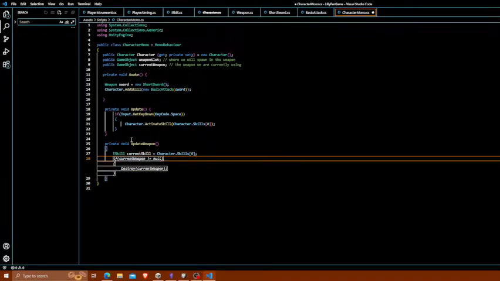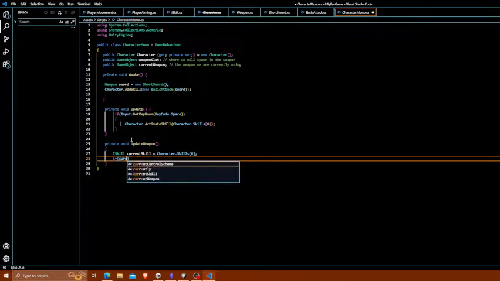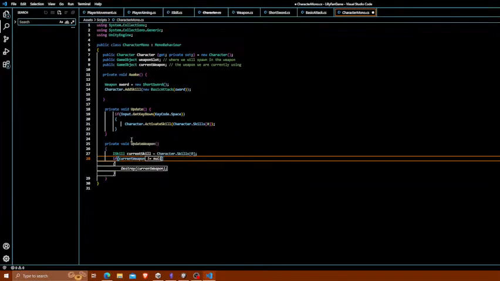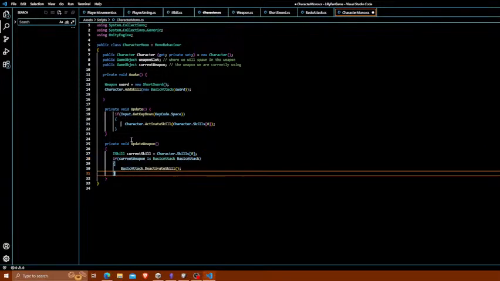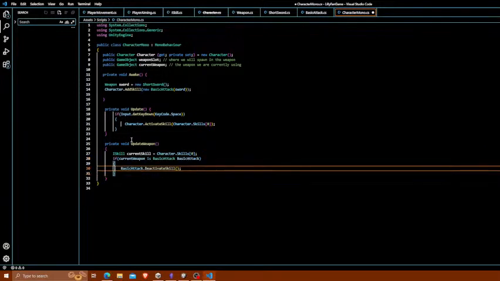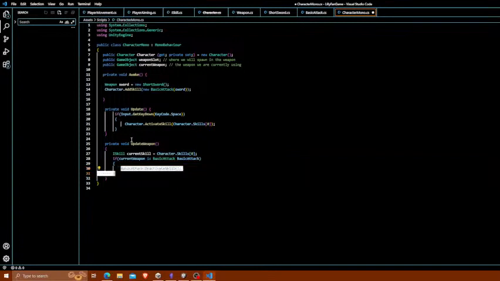We're going to say if current weapon is basic attack, if that is the case, so if our current weapon is our basic attack,